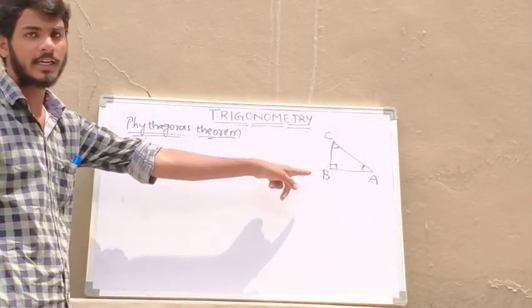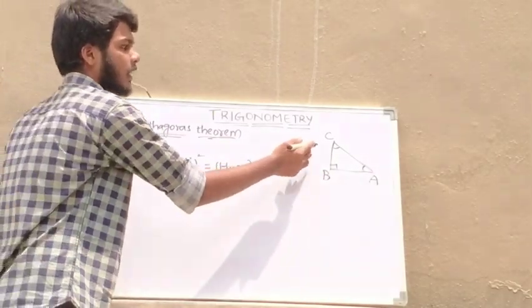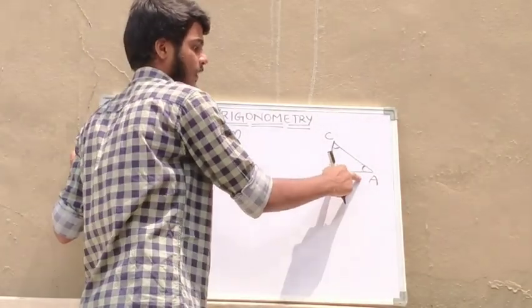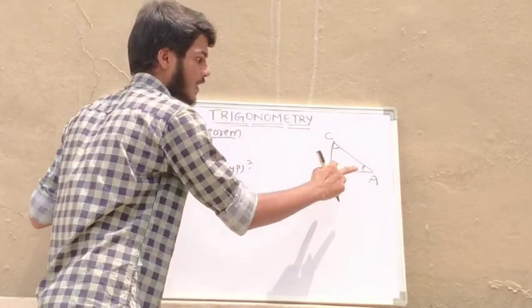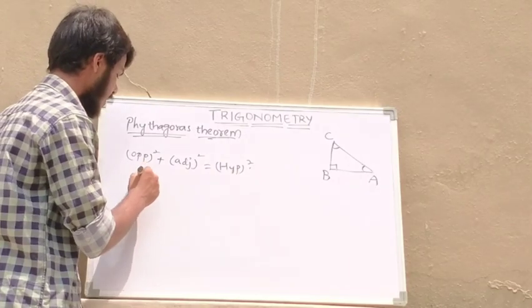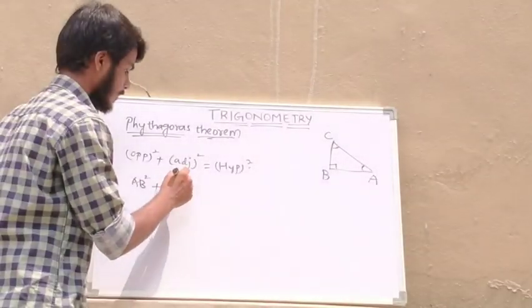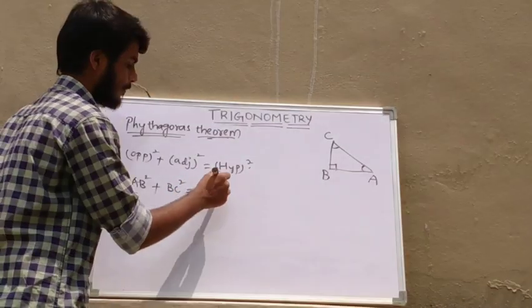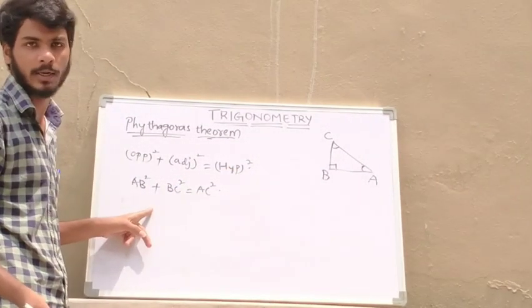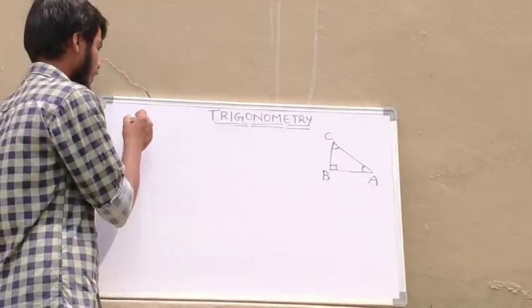So in the case of right angle triangle ABC, the opposite you can take as the remaining sides other than hypotenuse, the sum of the two remaining side squares, that is AB square plus BC square equal to AC square. This is called Pythagoras theorem. It is the foremost important thing in this topic. Next topic is about identities.